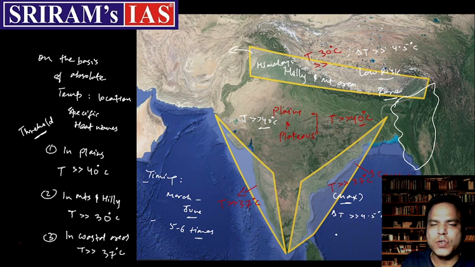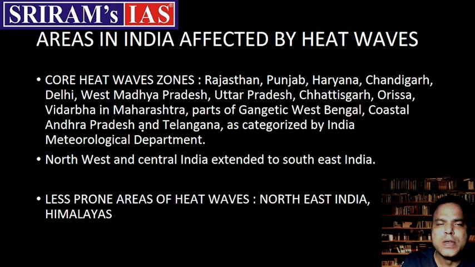And for extreme or severe heat waves, the temperature increase should be above 6.5 degrees Celsius. You can see this. Okay, so what part of India is affected by heat waves? Mostly the northwest part is affected by heat waves, and the heat wave zone has expanded into the central part